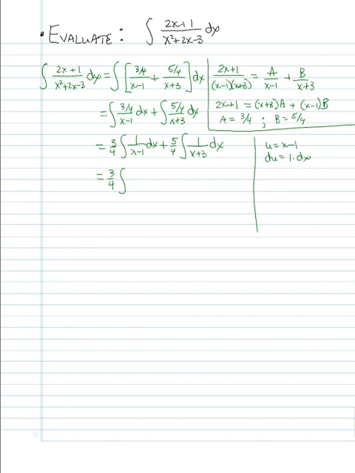So du is dx. Oh, well, that makes that real easy then, because the integral of 1 over x minus 1 with respect to x is a complete easy conversion. That's the integral of 1 over u du. And so that's the natural log of the absolute value of u, plus a constant, okay, we'll deal with in a second. We're looking at that single integral, and we can do the same thing here, but let's wait for it just a moment. So this would end up being 3/4 times the natural log of absolute value of u, but u is x minus 1,